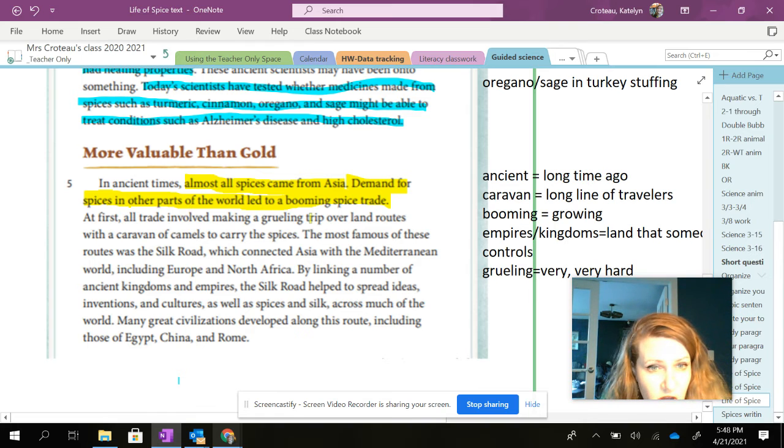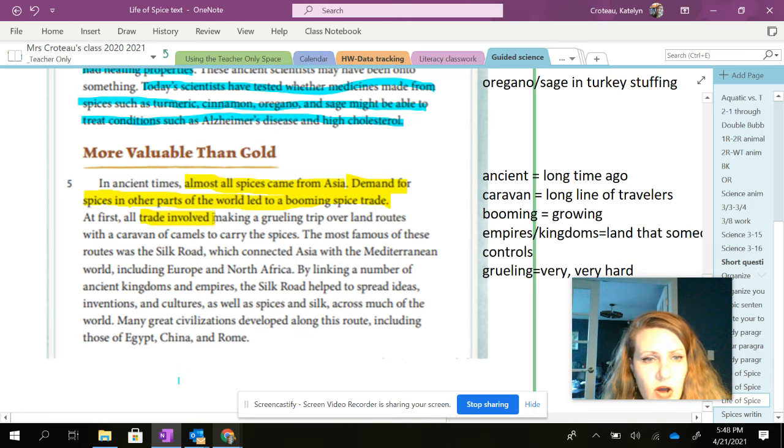At first, all trade again, involved making a grueling, that means very hard, trip over land routes with a caravan, it's a long line of travelers, of camels to carry the spices. Okay, so we could talk about